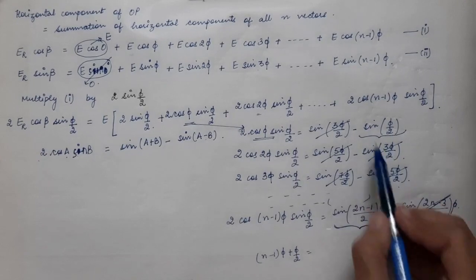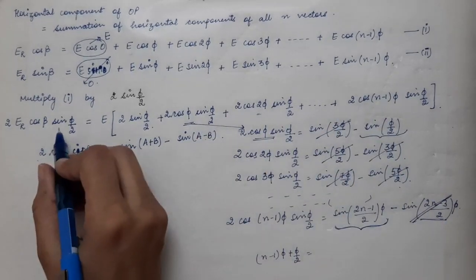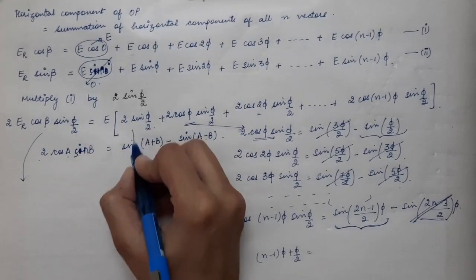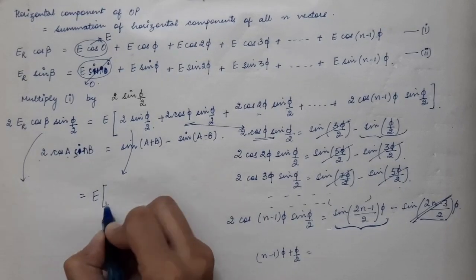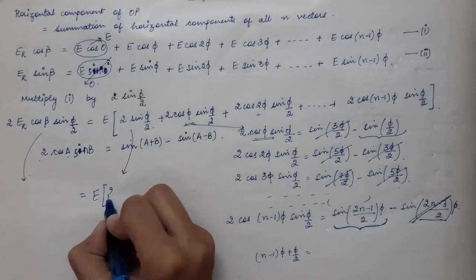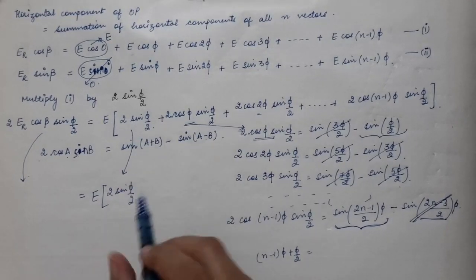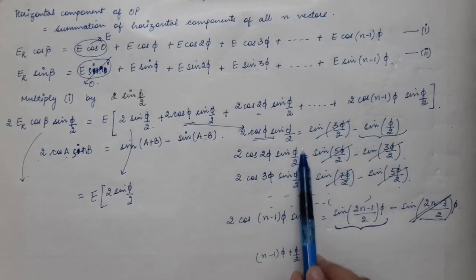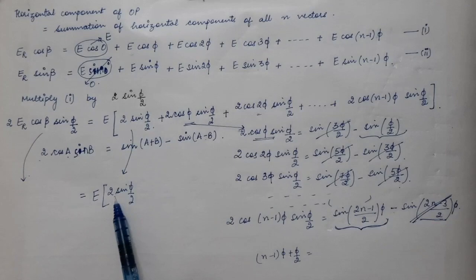So now we will put these two terms in this equation. So what we will get? The left hand side will remain as it is. Now what will be on the right hand side? It will be twice of sine phi by 2. It will remain as it is, so we have not changed the first term. So we had written the second, third, fourth and all the terms over here. So we had not changed the first term, so it will remain as it is.